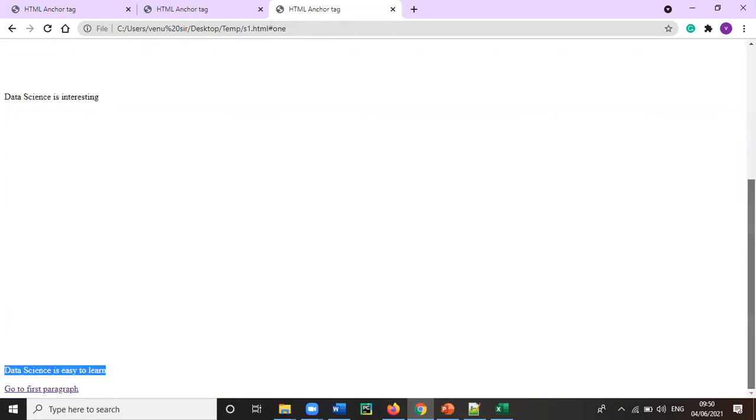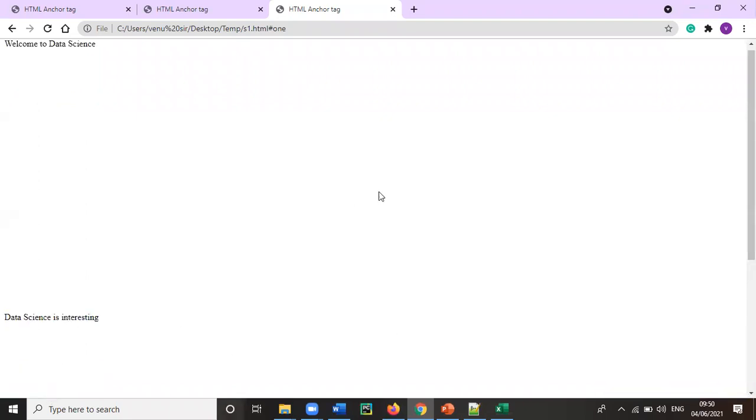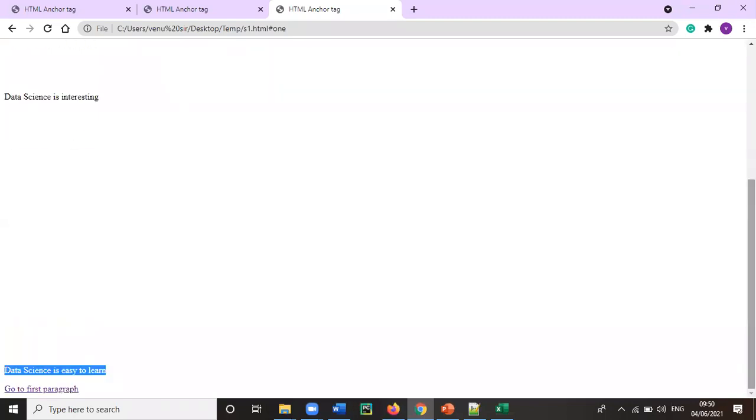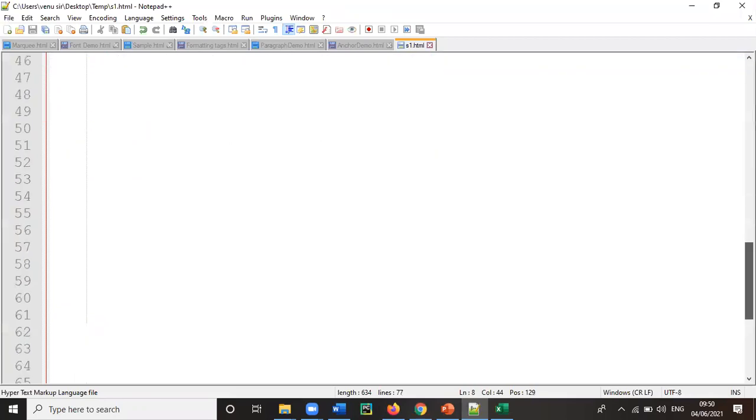Once again, I'll show this. We are down here. The moment we click on this one, it will take you to the first paragraph. The first paragraph is the first line that appears. Now, before this, it was something like that. First paragraph had gone out of the scope. Now here, the moment we click on this one, it will go to the first paragraph. Similarly, we can do it for the second paragraph also. What we'll do is give the link for the second paragraph. I'll give a little bit more space here so that